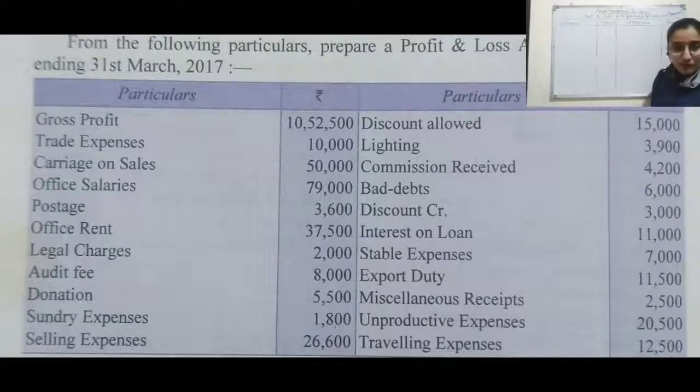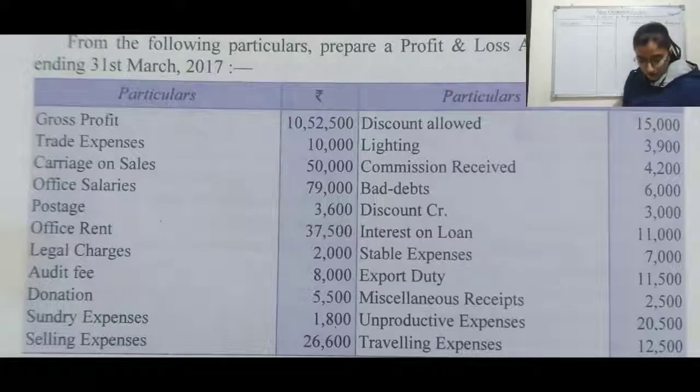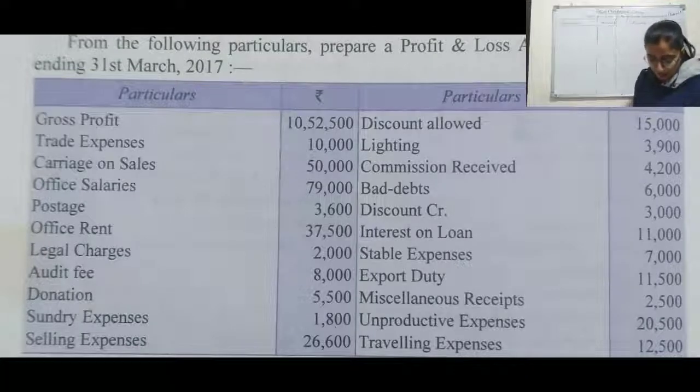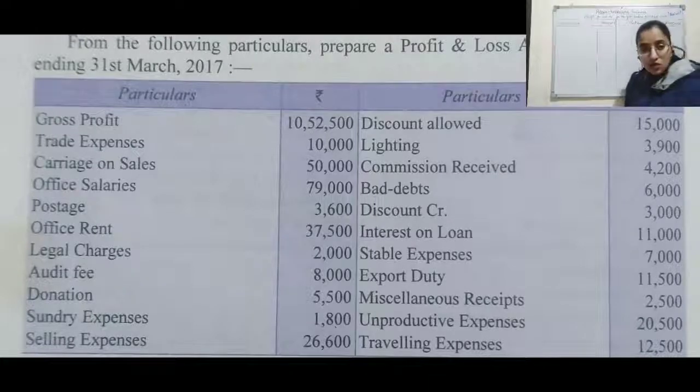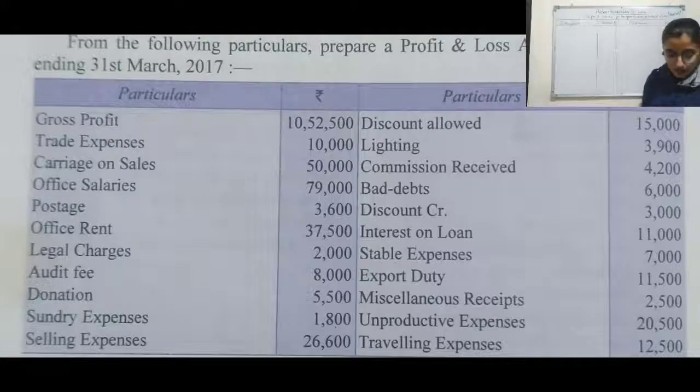Gross profit has been given rupees 10,52,500, trade expenses rupees 10,000, carriage on sales rupees 50,000, office salaries rupees 79,000, postage 3,600, office rent 37,500, legal charges 2,000, audit fee rupees 8,000, donation 5,500, sundry expenses 1,800, selling expenses rupees 26,600, then discount allowed 15,000, lighting